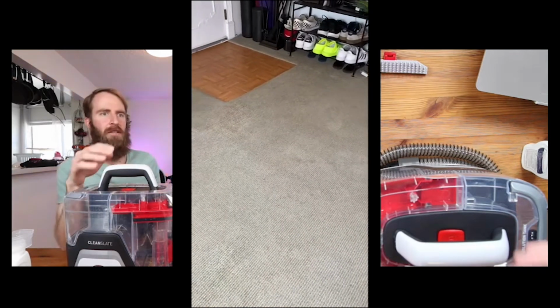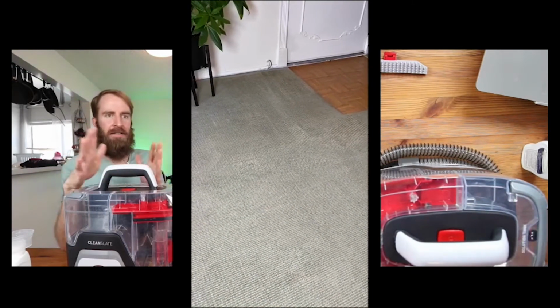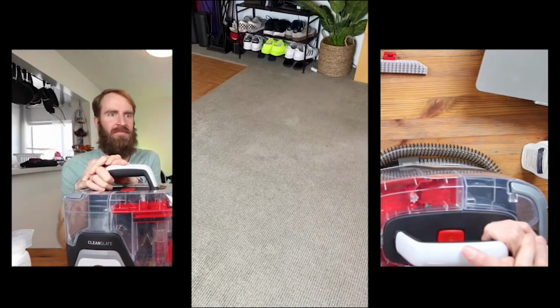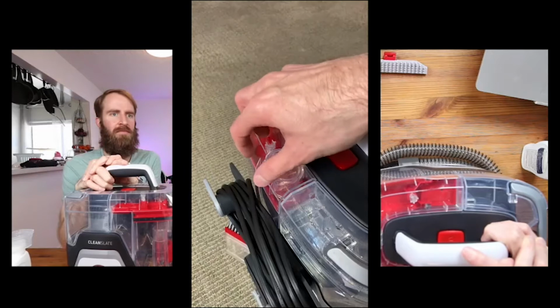Yeah, so this is a little bit after I let things kind of dry. And yeah, it came out looking really good. So this hose rinse tool, which was just something that kind of surprised me,